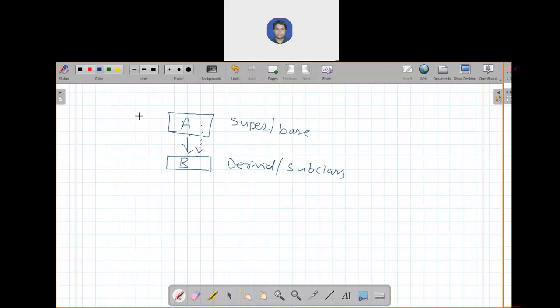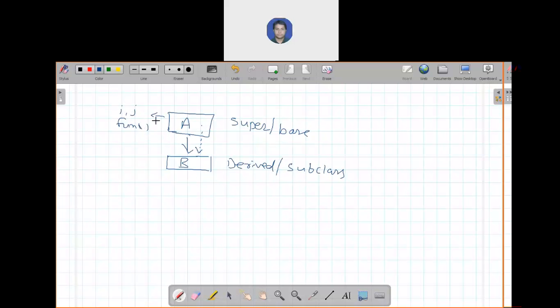So the functions or data members: suppose A has two data members, I and J, and some function fun. We have declared in class A two data members and one function.